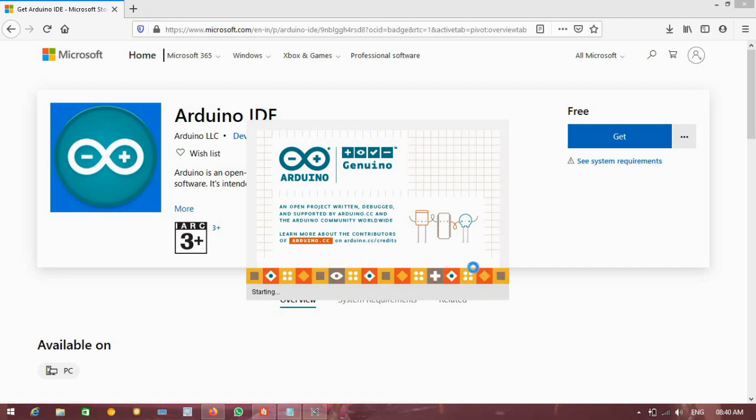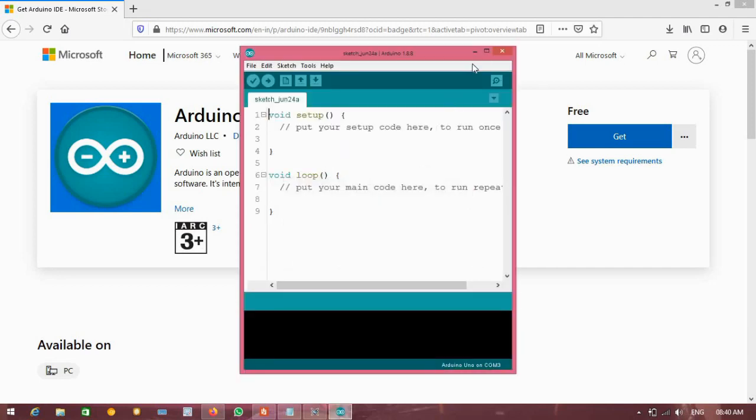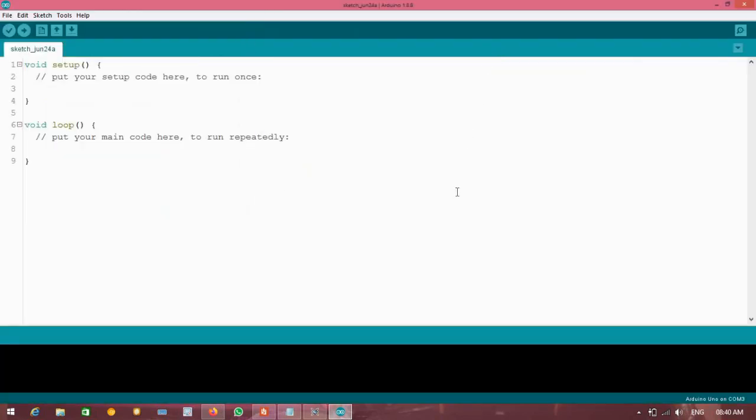It will take some time to load libraries and board managers. It will open like this.